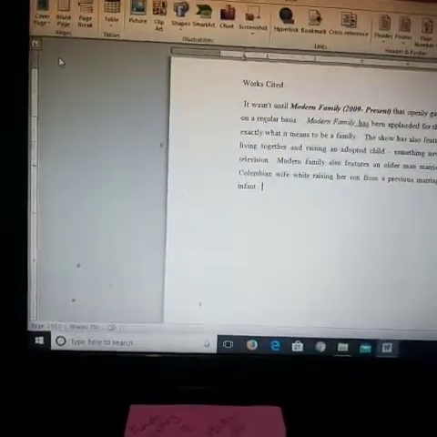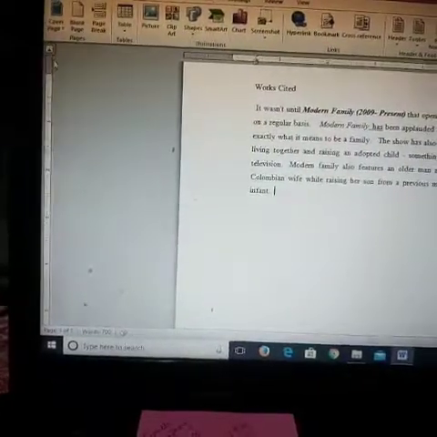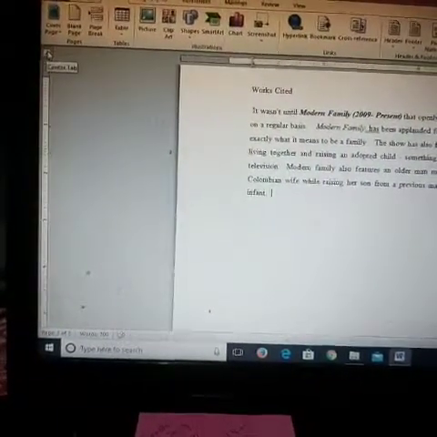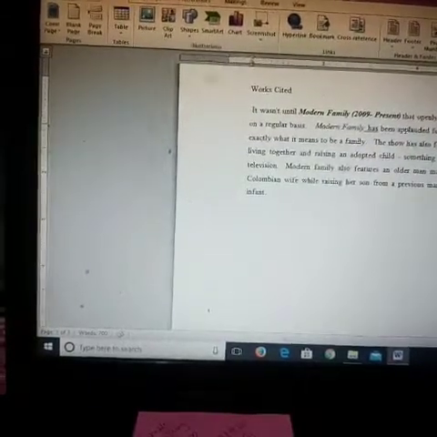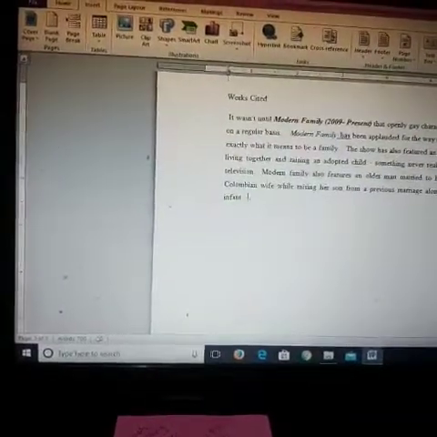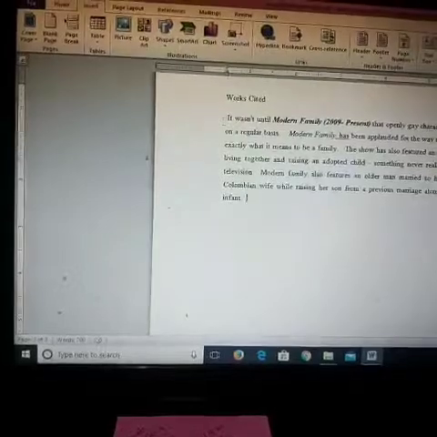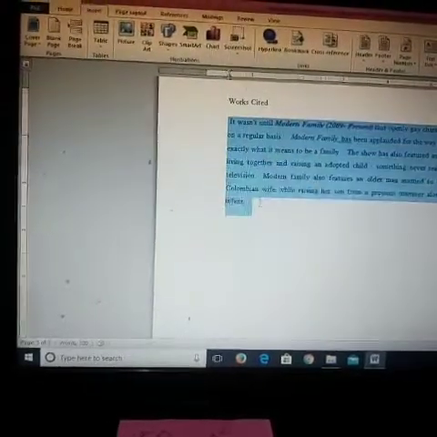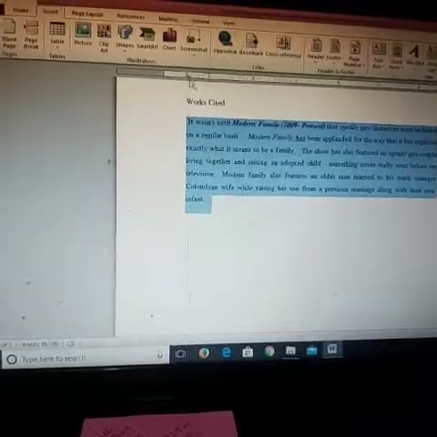Your next topic is tab stop. Okay, so you look over here, when you click on this it changes from left tab to center tab to right tab, and from here you can change the location of where you want the text to appear. For example, I click on this, and then I change this.